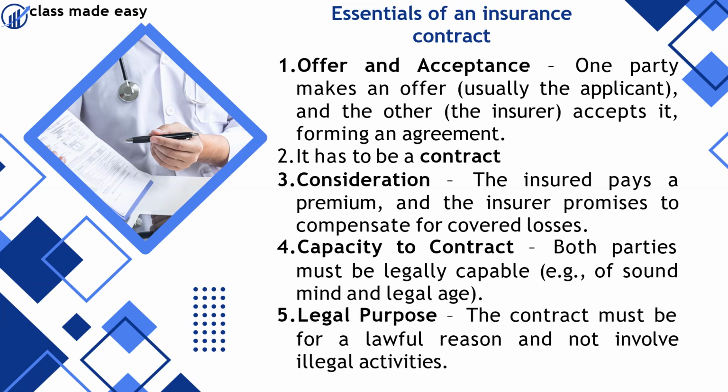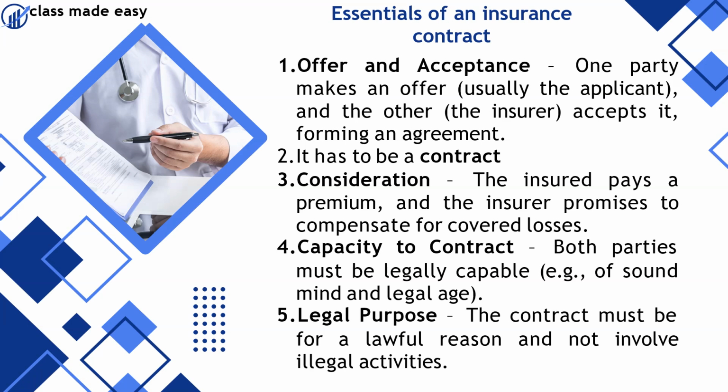When we are talking about consideration, we usually say, as we discuss the law of contract in other contexts, that consideration is something of value. In the context of insurance, it is the regular premiums that you pay. Once you pay consideration, then in case of loss, the insurer promises that they are going to